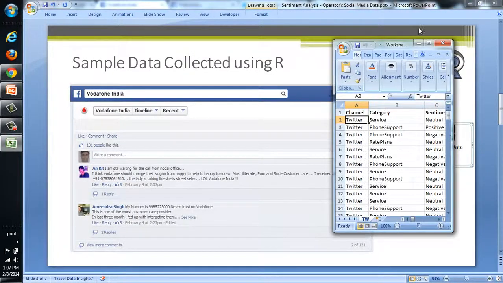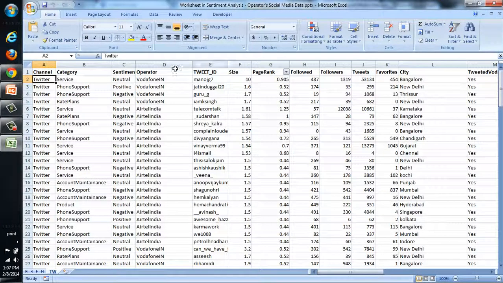Similarly, the Twitter data captures the channel, category, sentiment, operator, and then the tweet ID of the person who has tweeted, and the page rank for that person. Page rank is how the search engine ranks your pages. A higher page rank means more reach, or more people would like to view your page,